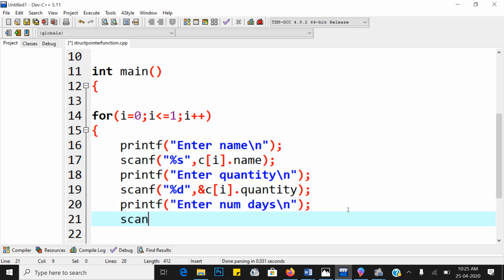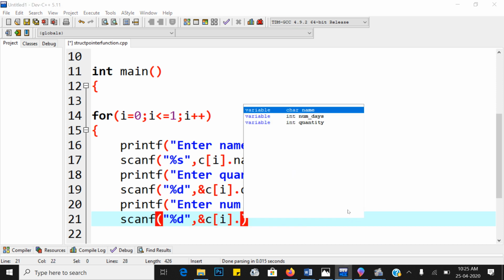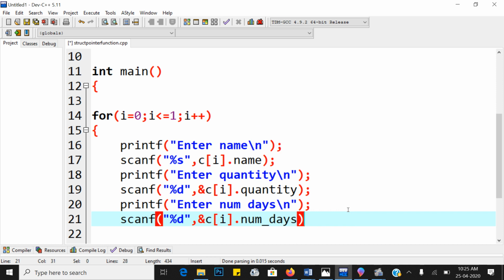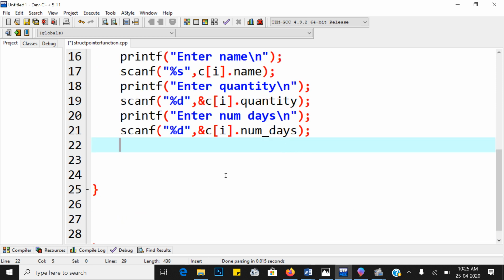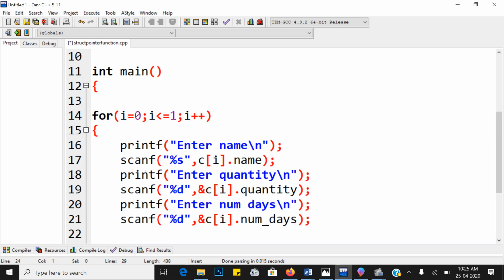So scanf percentage d comma ampersand of C of I dot number of days. So take the information from the user.